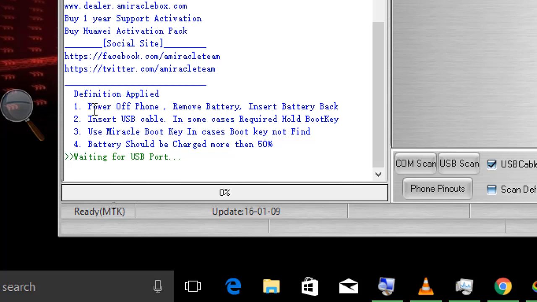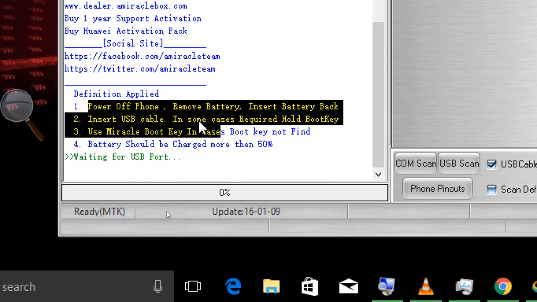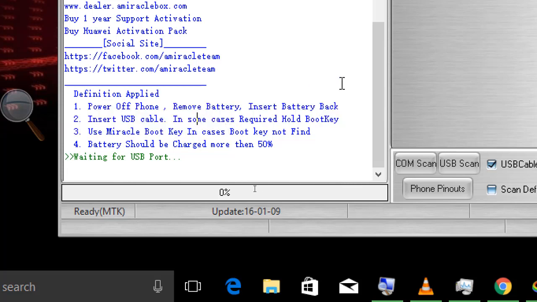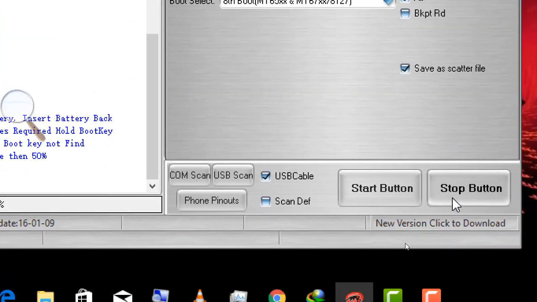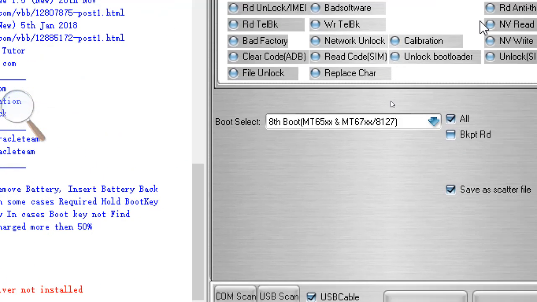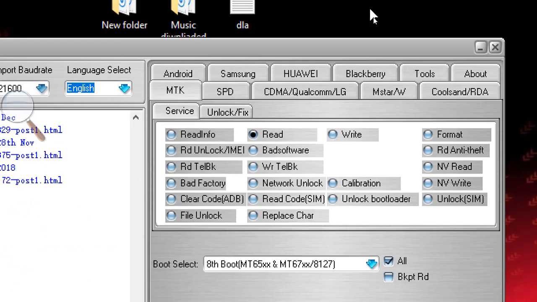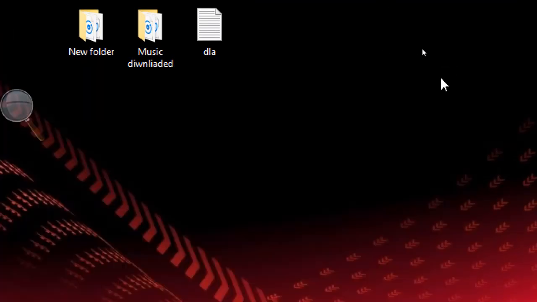Every instruction is given here. I would like to do so, but I've already done it, to save time. So let's stop that. And after you back up the ROM, you minimize this one,